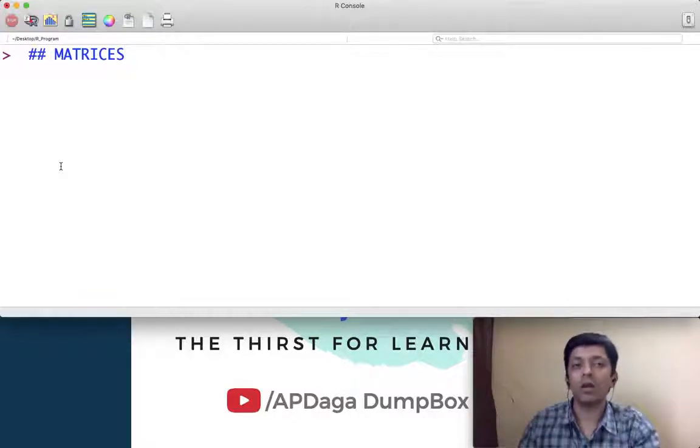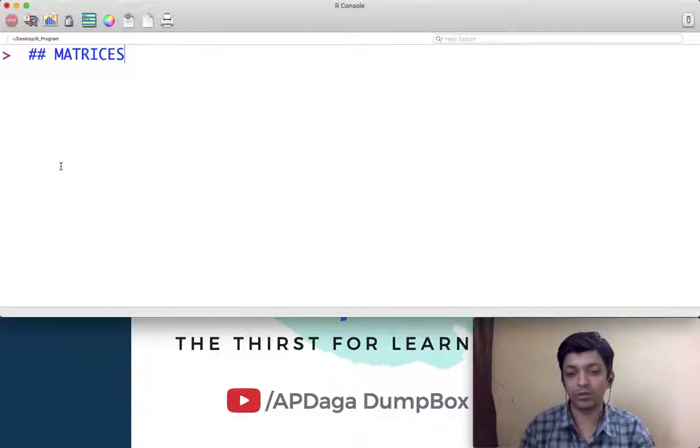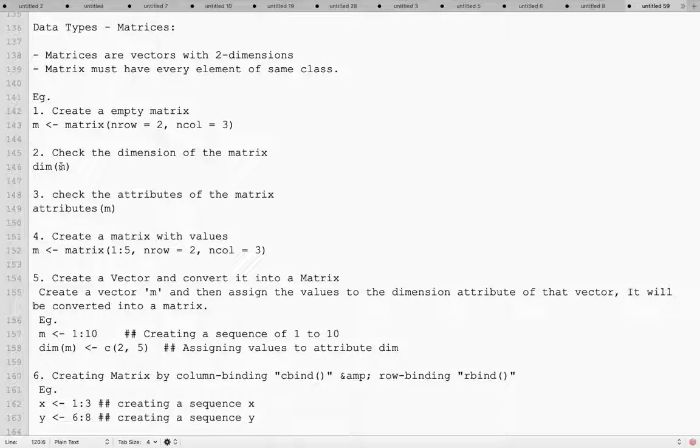What it will do is create a matrix, but it will convert the values internally to make them of the same data type. So the output will not be as expected by you. So you have to take care that all the elements in the matrix should be of the same data type.